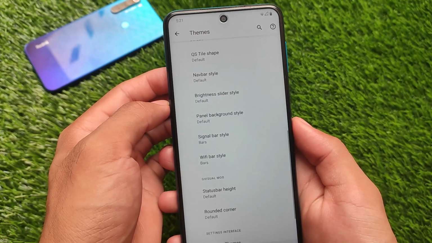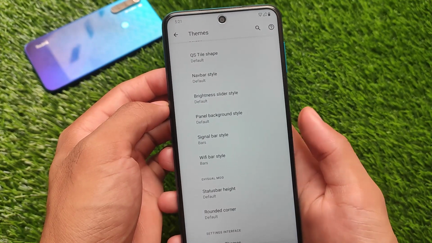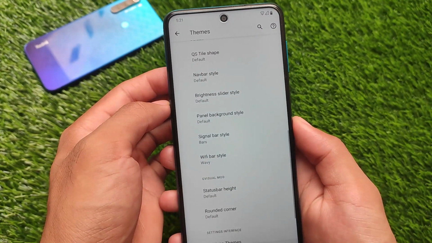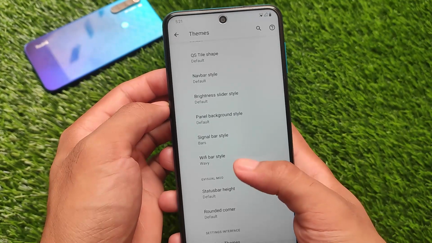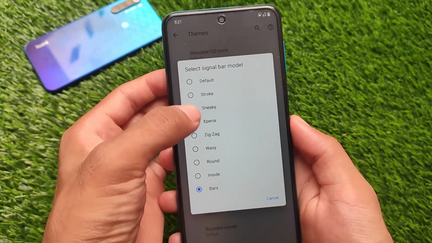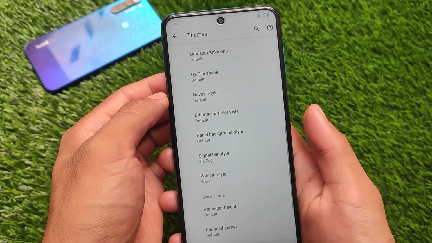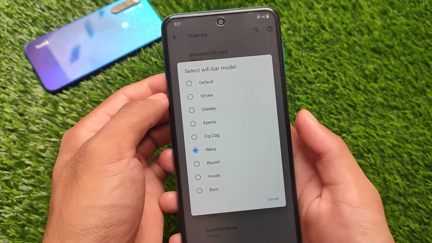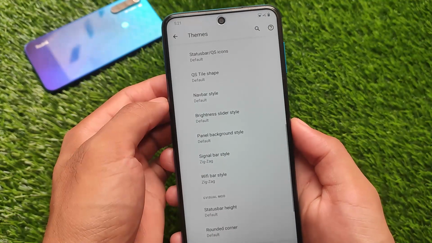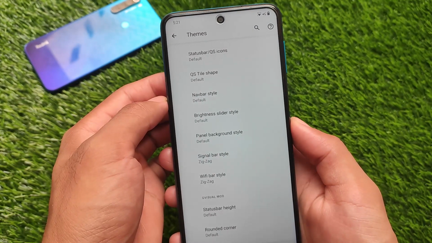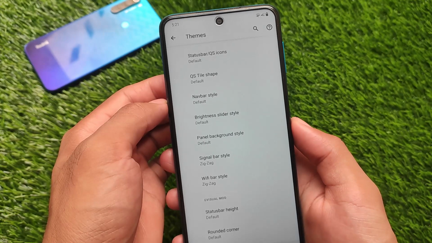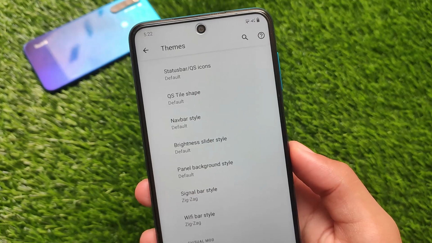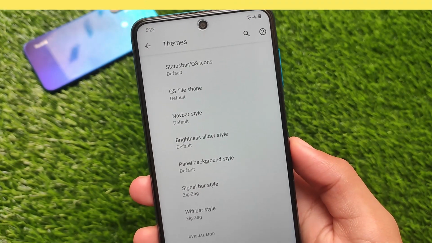So if you like this, if you are a lover who always customizes status bar things, then this update might be a good choice for you. So this is the first change which we get after installation of this Nissanthera OS latest version. You have approximately 7 to 8 styles of status or signal icons and 7 to 8 styles for Wi-Fi icons. Whichever you want to use, you can simply select it, and you also don't need to reboot your device. It will automatically restart the system UI, and as you can see, the status bar icons are done. This is how you can customize these things.